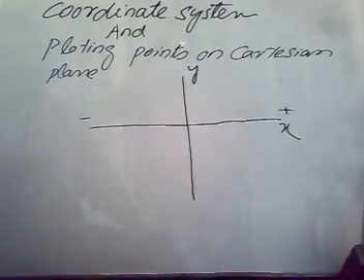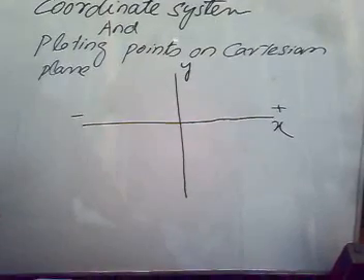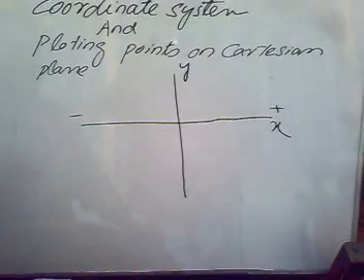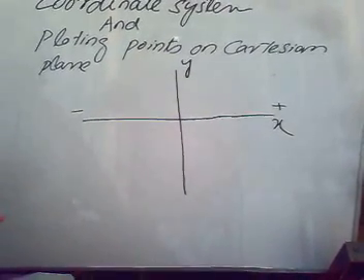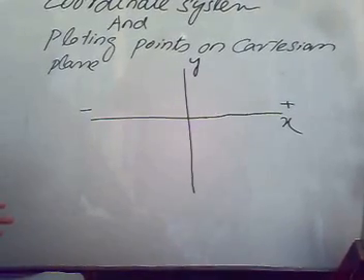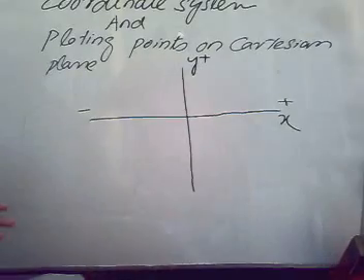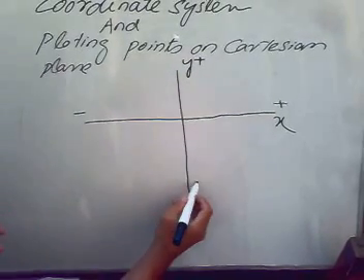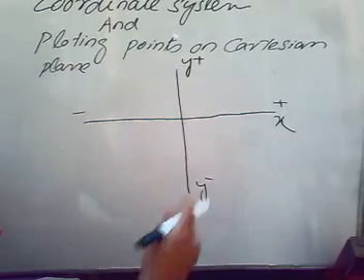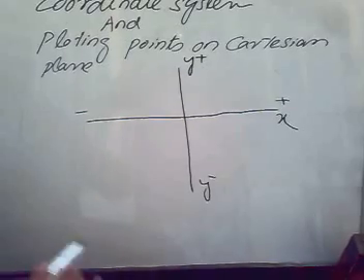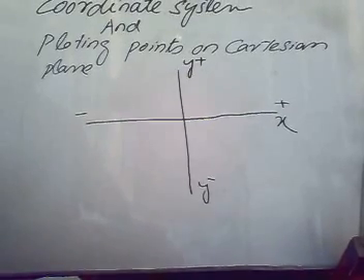So to remember where y is positive and where it is negative, it's easy to remember that going upward is good and going downward is bad. So when we go upward, we say that y is positive, and when we go downward we say y is negative. So the distance we cover on the x-axis is called the abscissa, and